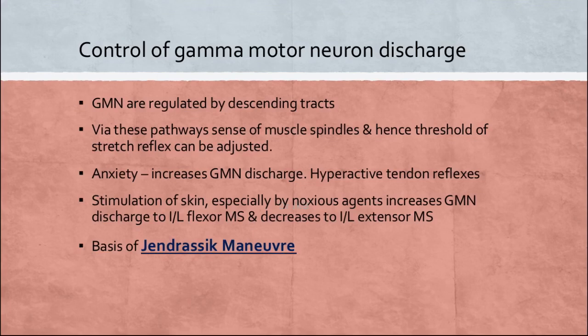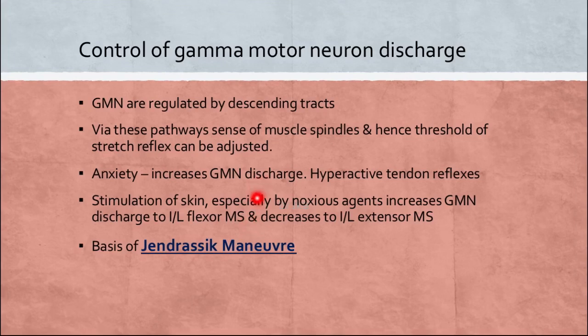अब जैसे एंग्जाइटी होती है, there are certain conditions, anxiety, if a person is anxious, suffering from the anxiety, then anxiety is the pathology within central nervous system, higher center, and this increased activity of the descending tract from the higher center will increase the activity of the gamma motor neuron. So that's why in anxious person we will see the increased gamma motor neuron discharge and tendon reflexes will be hyperactive. आपने थोड़ा सा मारा, हल्का सा मारा है, less than the normal, आपने नी हैमर से किया है और वो एलिसिट हो जाएगा रिफ्लेक्स आपका नी जॉक. So hyperactive tendon reflexes, it's because of increased gamma motor neuron discharge.